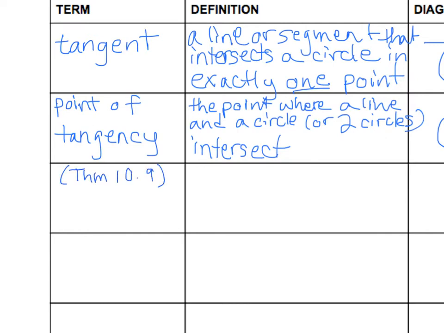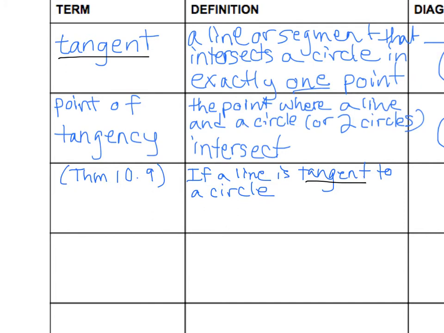But we got theorem 10.9, and that is talking about if we have a line that is tangent to a circle, so this is important to realize at this point because we have the word tangent here and we have the word tangent back here, so you need to know that the term tangent can be both a noun and an adjective, meaning, remember, it's a thing, but it also can describe, like it does right here, how something relates to something else. So if a line is tangent, meaning it touches in only one spot, to a circle,